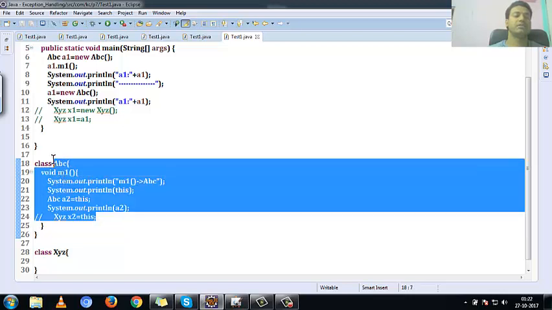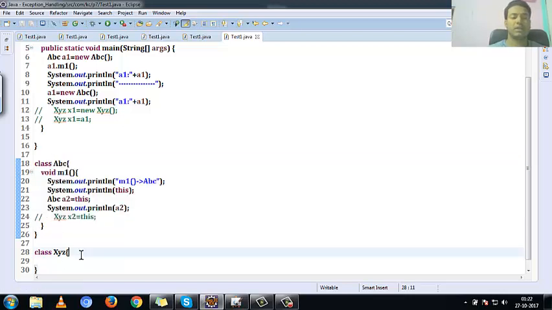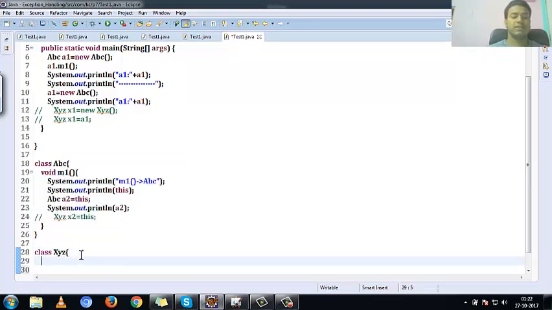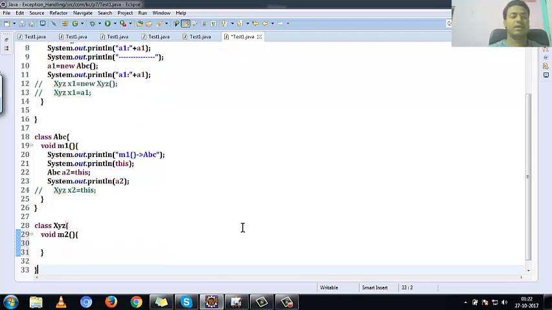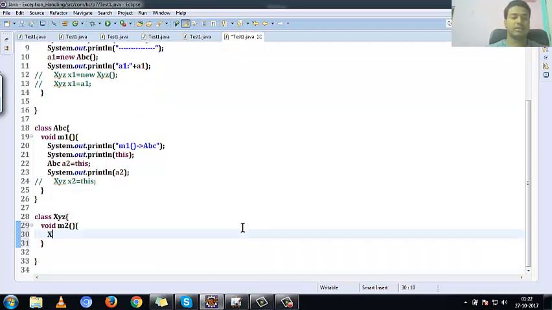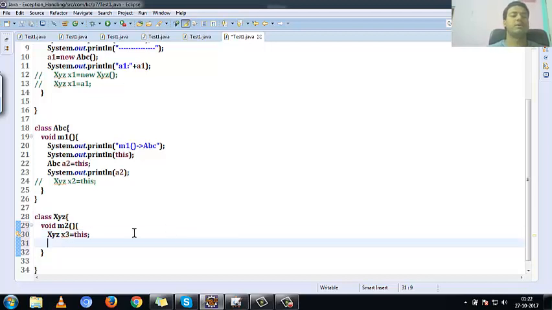Inside XYZ, say I have a method void m2, and in m2 also you have this, right? So in this if I try x3 is equal to this, fine,